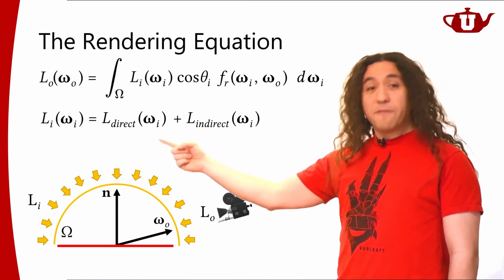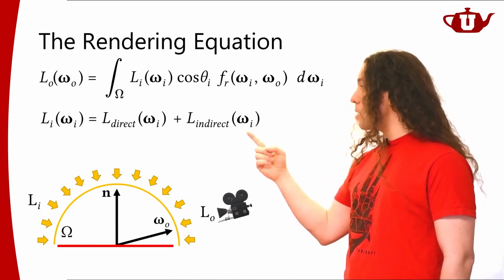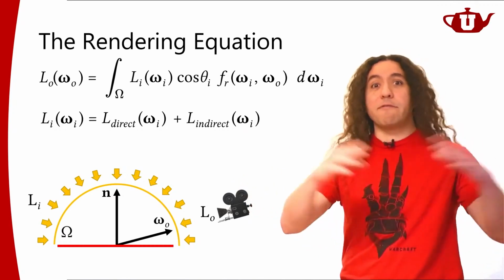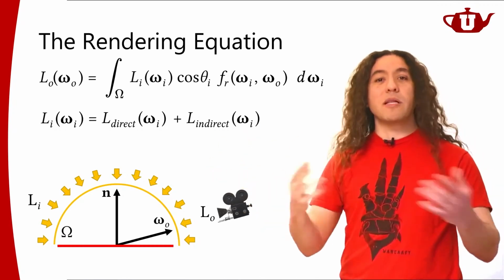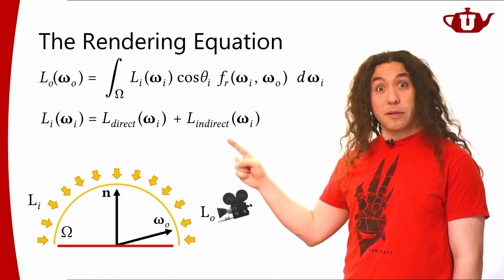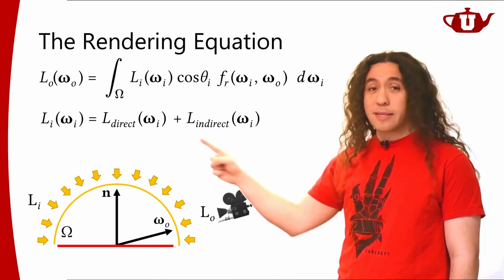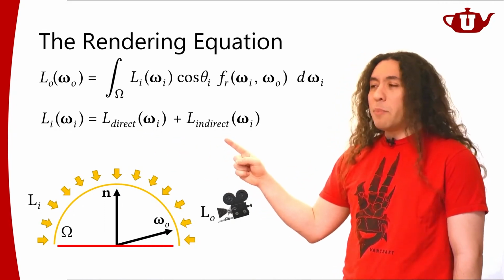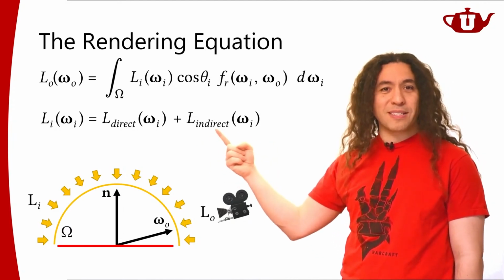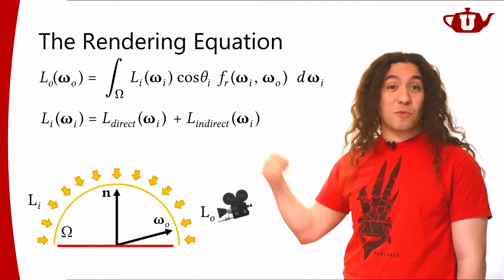That's easy. In fact, computing direct illumination is a lot simpler than computing indirect illumination, because indirect illumination is illumination coming from everything in the scene. Quite literally everything in the scene is sending some illumination to everything else. And so computing this is going to be quite a bit more difficult than computing this. This is coming from the light sources. I know what my light sources are in the scene. This is coming from everything else. Basically, my entire scene turns into some kind of light source, effectively, right? Because they're reflecting light, so they're illuminating everything else. That means I kind of need to treat them as light sources when I'm doing shading.